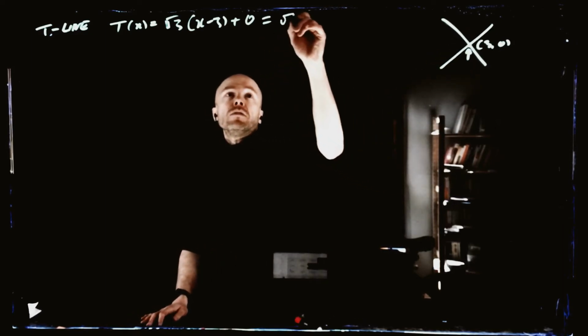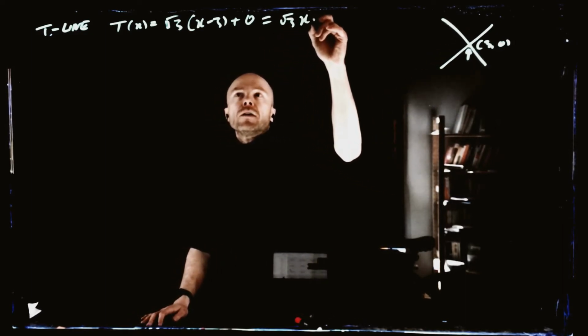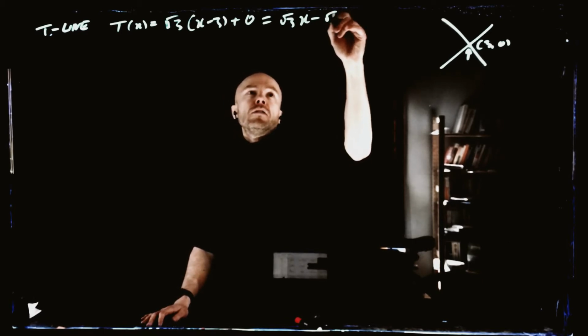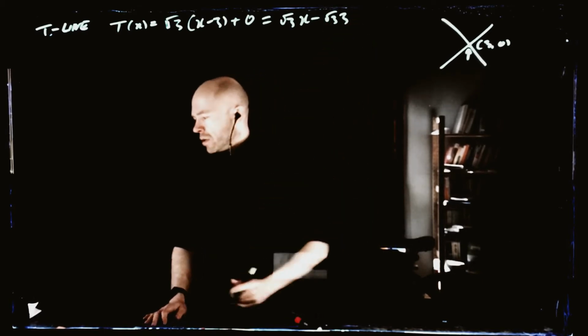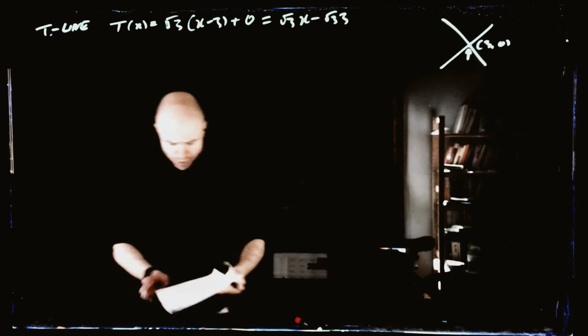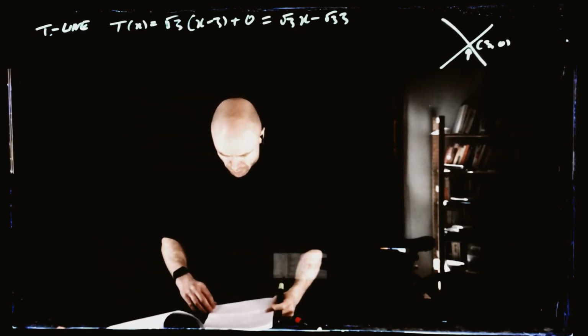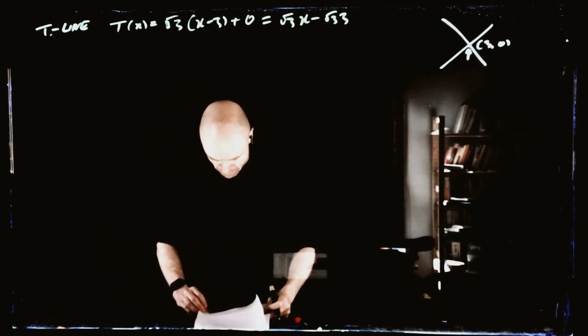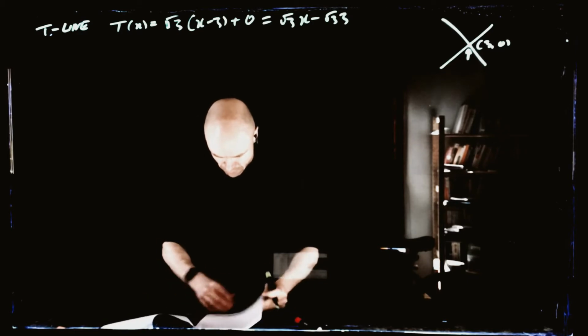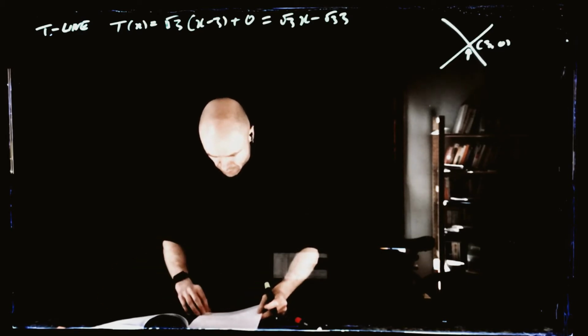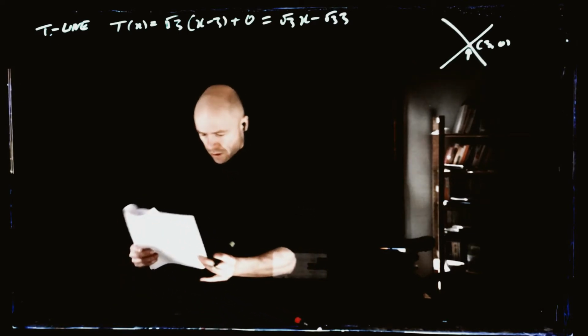So it's just √3 x minus √3 times 3, assuming I remember right that the slope was √3. Yeah. Okay, so